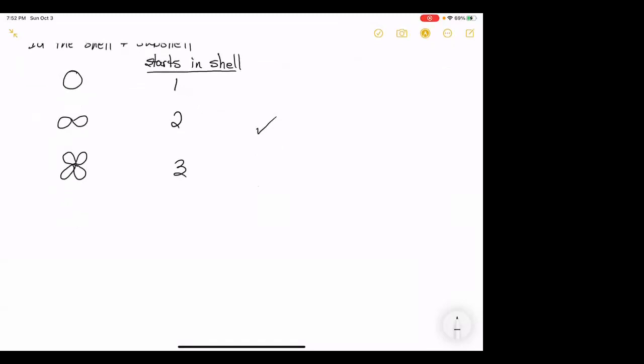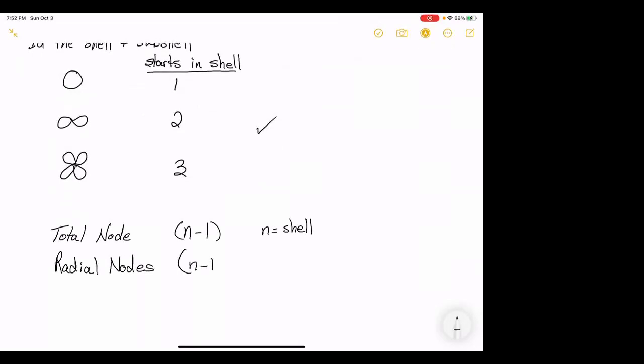Once we've identified the shell and the subshell, then we're going to use the formulas where the total node is n minus 1, where again, n is the shell. The radial nodes will follow the formula n minus 1 minus L, where again, n is equal to the shell and L is